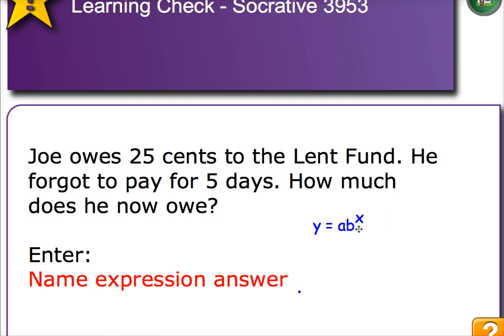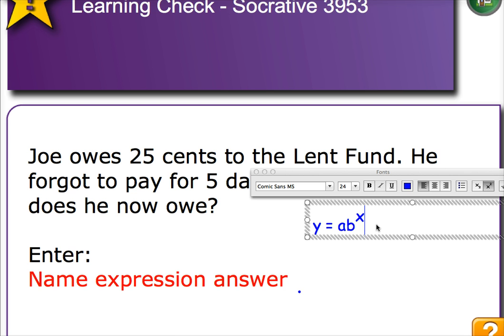As you know from your reading last night, the standard form of an exponential equation is y equals a, the beginning amount, times b, the growth factor, raised to the power of x, the number of time periods. So for this equation, we have what Joe owes, the y value, is equal to his beginning debt, 25 cents, times